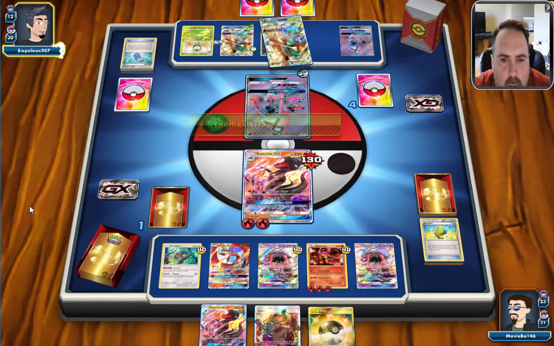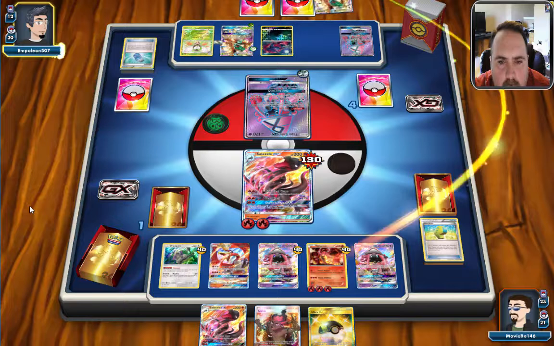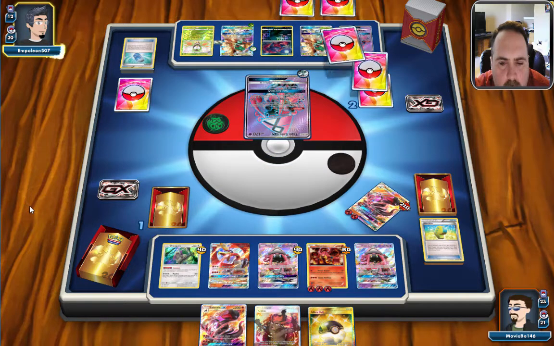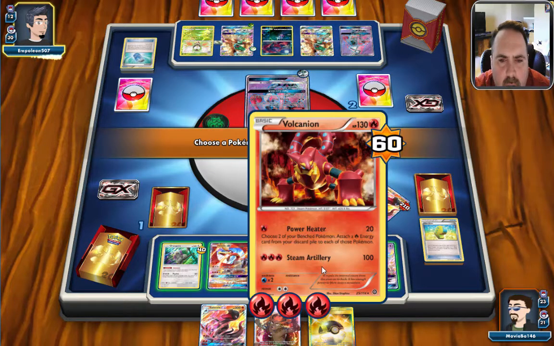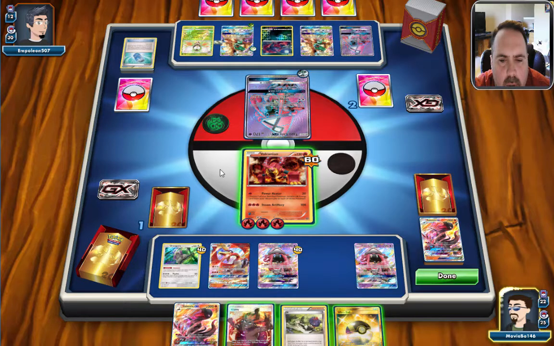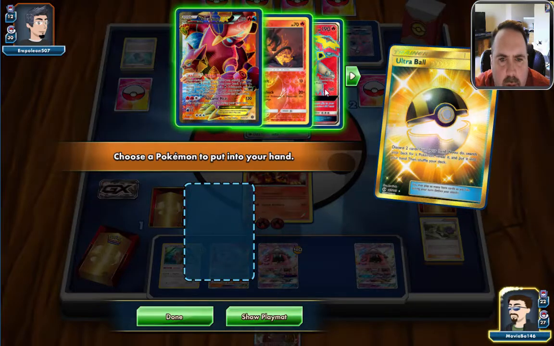All right. Let's see where we're at. He's going to get the KO here with the Lele. And we have 60 damage on our baby Volcanion. So I think we promote the baby Volcanion here. Nothing else really makes a lot of sense to me. And I'm torn about what else we want to do. Okay, Ultra Balling away the Salazzle in the end seems fine. We can get...